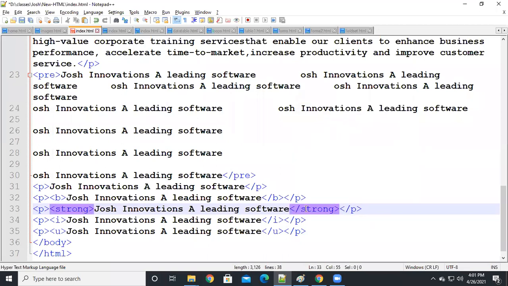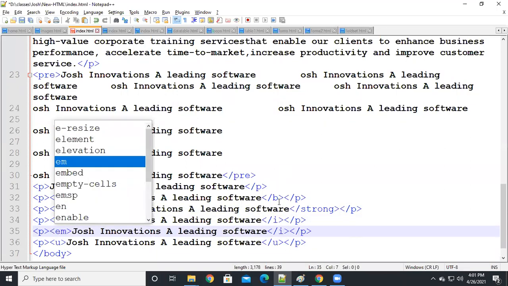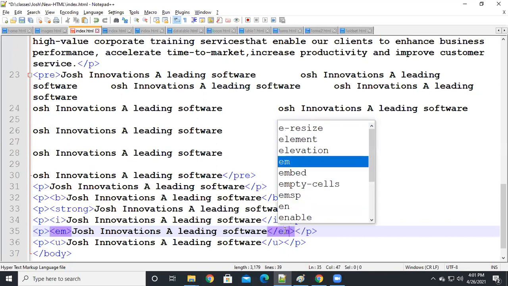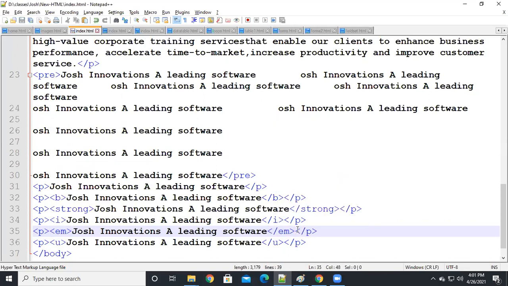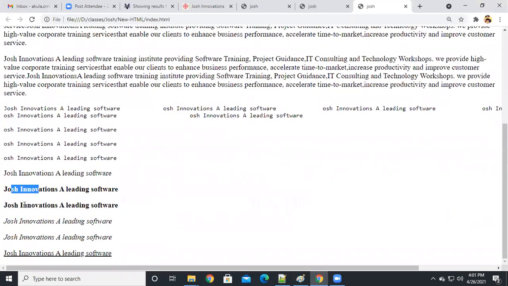Instead of bold, we are going to use strong. And instead of italic, we are going to use emphasize, guys. It's em, emphasize. See? Both are the same. Bold and strong, italic and emphasize. There is no difference, right? Clear?